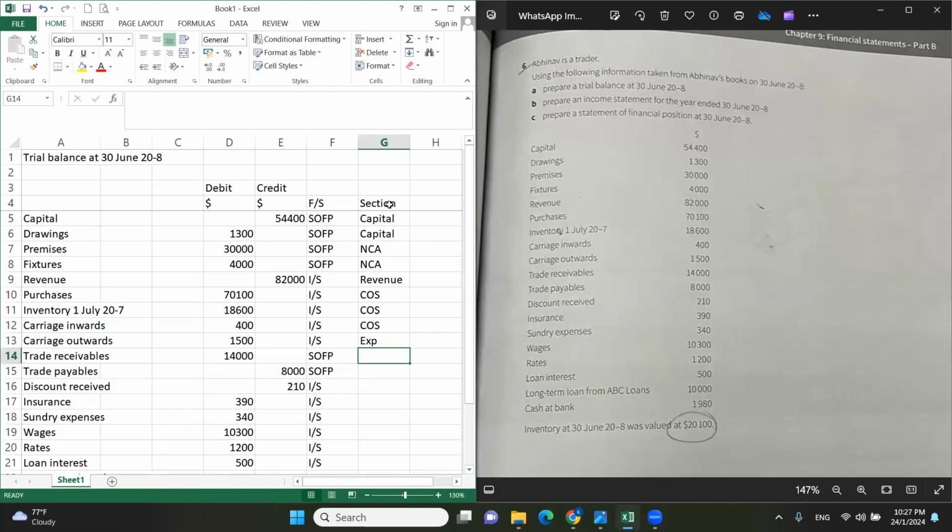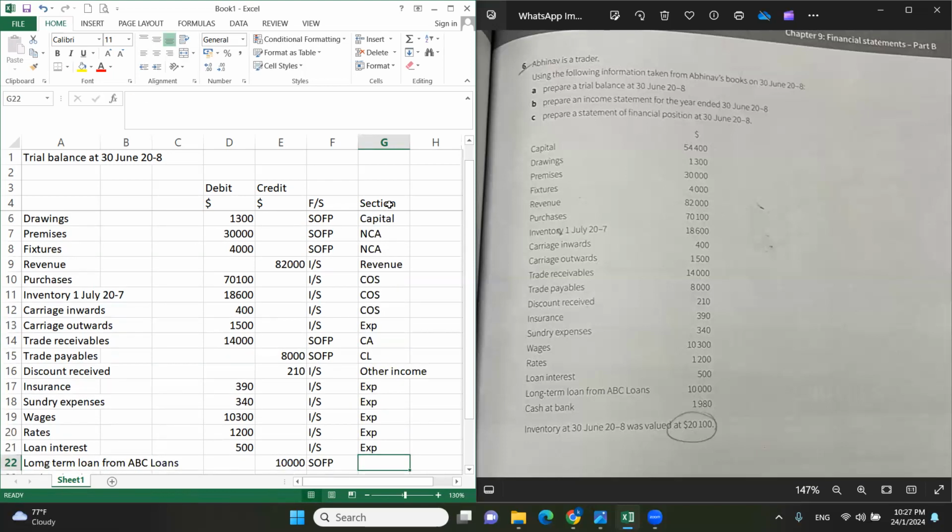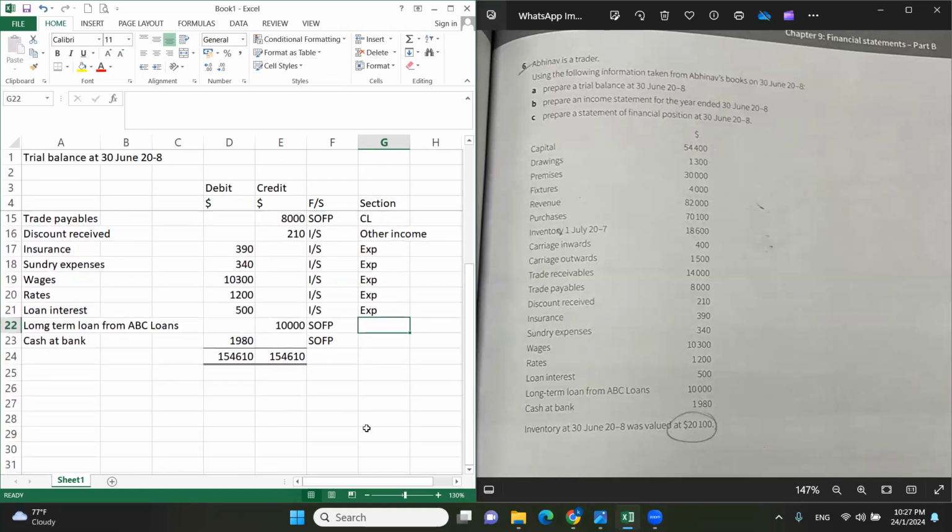And then trade receivable is a current asset. Okay, trade payable is a current liability. Discount received other income. And then insurance expenses, sundry expenses, wages expenses, rates expenses. This one expenses. Okay, next is that long-term loan, non-current liability. This one is current asset. Okay, we categorized it all. Now we go to do the income statement